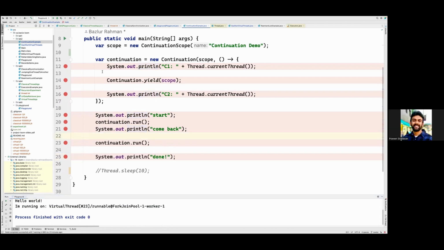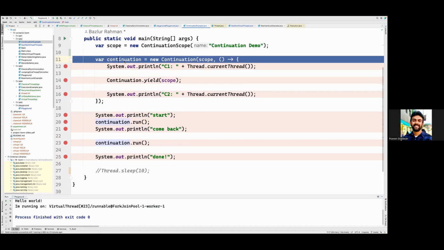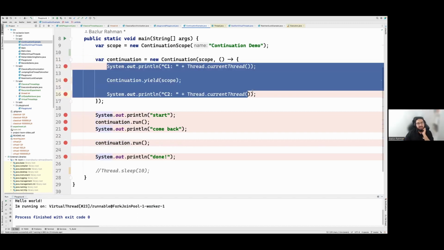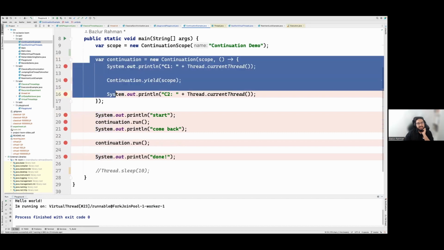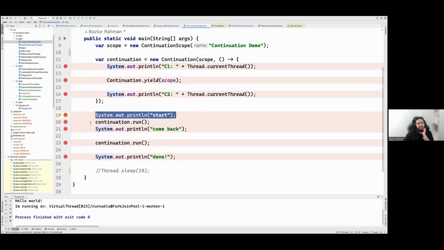Think about if it was a thread: this is the runnable, and once this is done, you call continuation.run, and there's another statement. Basically it's going to execute line by line, right, since all of them are in the same thread and we are not creating any new thread. Any idea? Let's do a little exercise together.